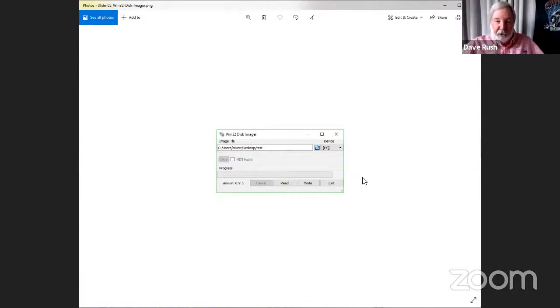All right, so you can do a Google search on Win32 Disk Imager or Balena, B-A-L-E-N-A, Etcher, E-T-C-H-E-R. There's a Windows version of it. And you get a nice micro SD card. You don't have to format it because it's going to do a block by block overwrite of everything that's on that card. So you browse for the image file that you just downloaded. You select from here the micro SD card that you've got plugged into your computer, and you tell it to write. You're going to write the file to the card.